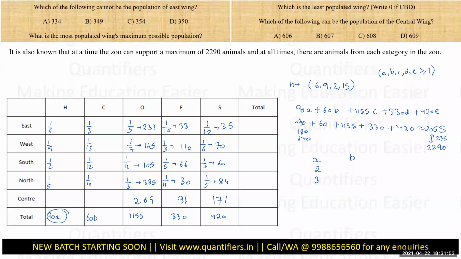Because if I am putting A as 2, it is becoming 180, right? The total is increasing by 90, so I can do that. If I'm putting A as 3, the total is increasing by 180. I can also do that. The maximum bandwidth is 235, but I cannot put A as 4 and make it 360. Now, when I talk about 60, 60 is possible, 120 is possible, 180 is possible, 240 is possible, right? So up to 4 times I can make it.